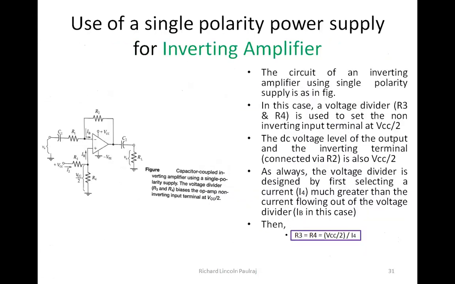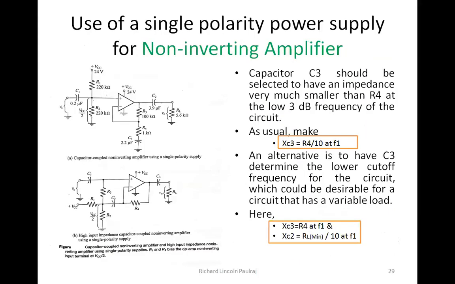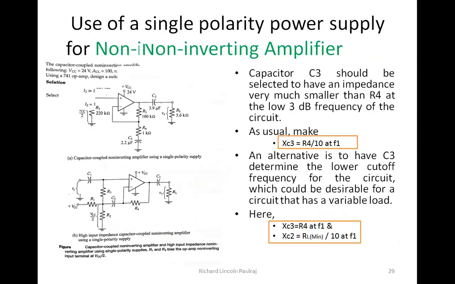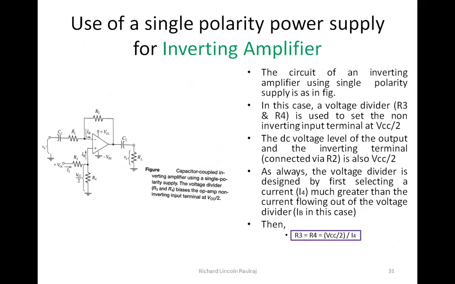So moving on to the next one, this is about the inverting amplifier. We have seen the non-inverting configuration so far, right? And a single polarity, which means we are using a single terminal to give the input in the non-inverting amplifier configuration. So now we will look into inverting amplifier configuration. Here, as the word suggests, inverting, which means we are giving the input to the negative terminal. And we are going to see the coupling capacitors configuration as usual.